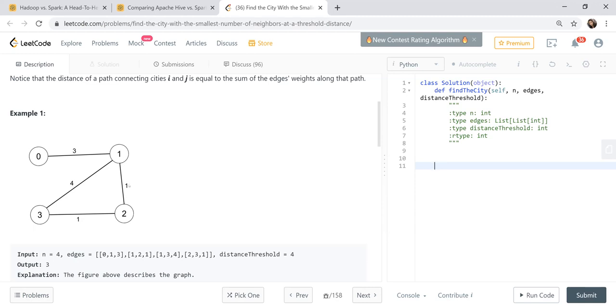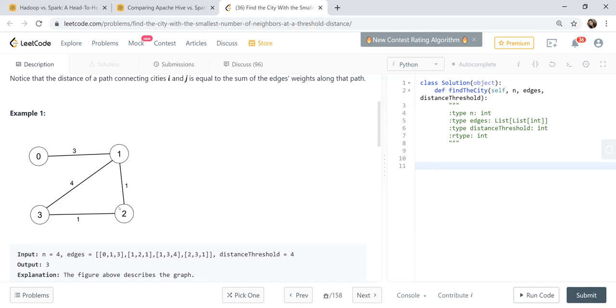So what's a good algorithm for figuring out the shortest path from a given source to destination, or maybe to all the nodes? Here we can say that we can't reach 2 while traversing from 1, 3, and 2, because that calculation would be 5, which is more than the threshold. We already talked about the Dijkstra algorithm: given a source, we can find the shortest path to all the nodes.